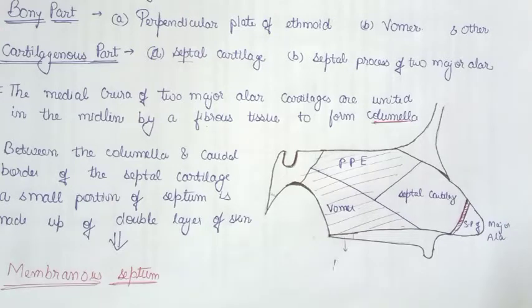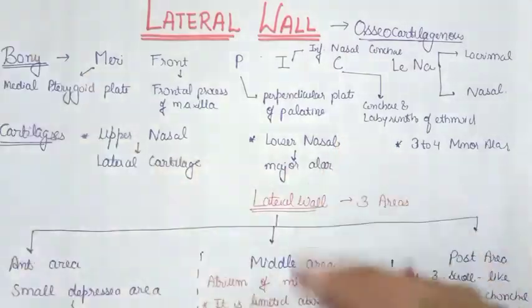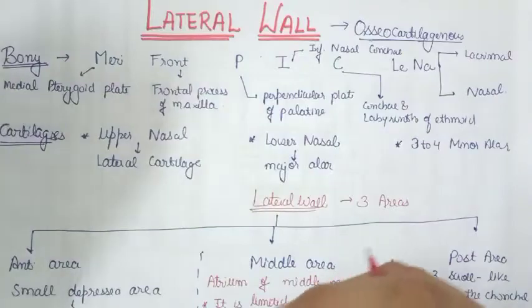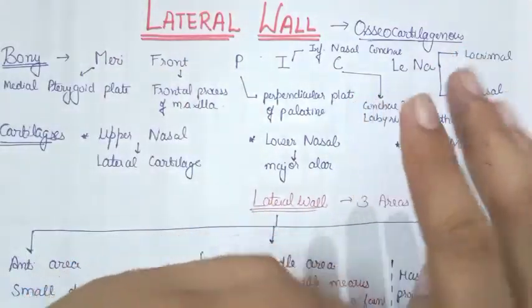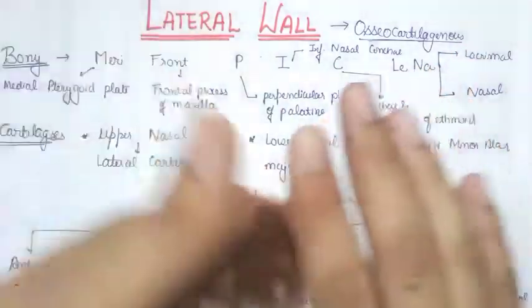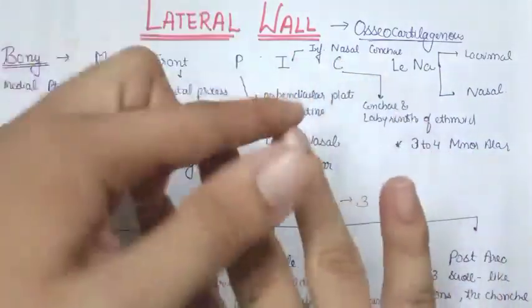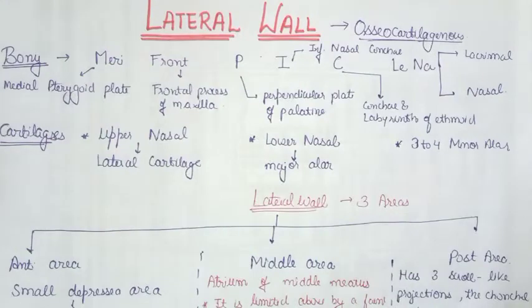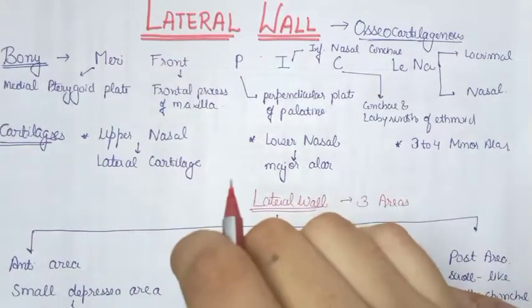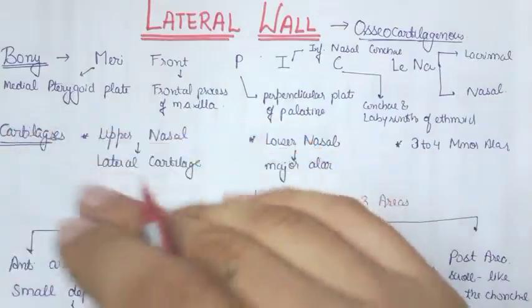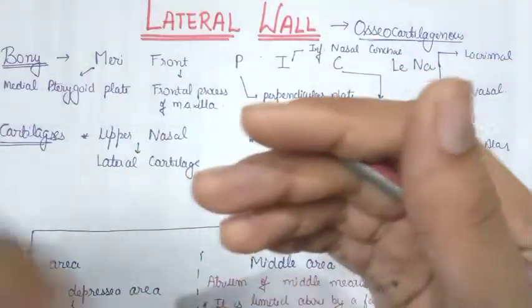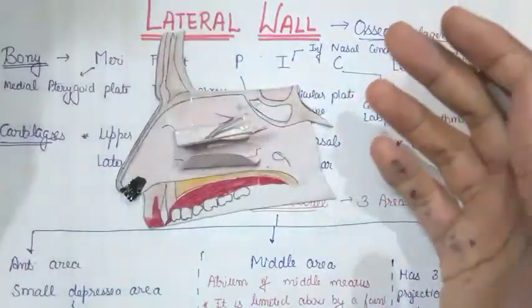Now let's move on to the lateral wall and have a look at it. So lateral wall is quite complex. आपने कभी पहले पढ़ा होगा तो पता होगा कि lateral wall बहुत ही कॉम्प्लेक्स स्ट्रक्चर है, क्योंकि पिछले पार्ट में क्या था, मीडियल वॉल में सिर्फ 4 ही कंट्रीब्यूशन थे, 2 बोनी और 2 कार्टिलेजेस. But in the lateral wall a number of cartilages and bones are present. But I have simplified the way to learn the bony part, which is made up of a number of structures. So I spent a lot of time making all these models and finding a way to remember.